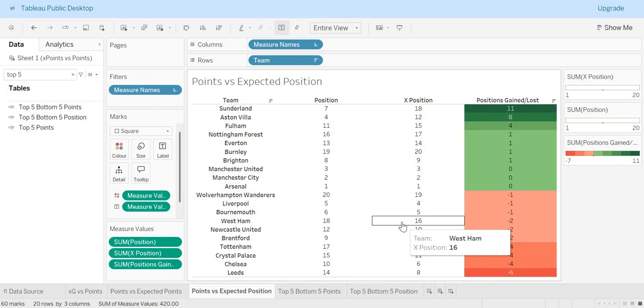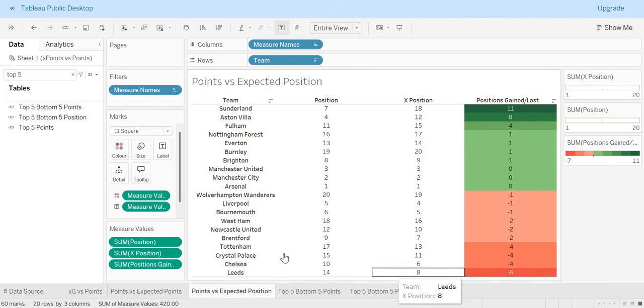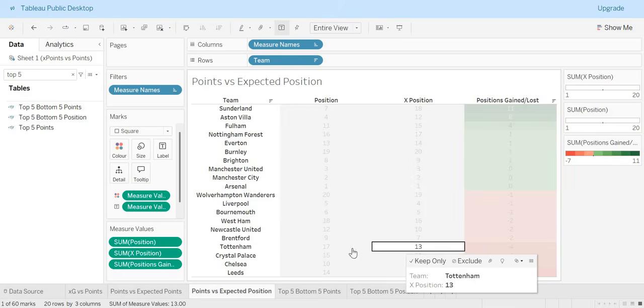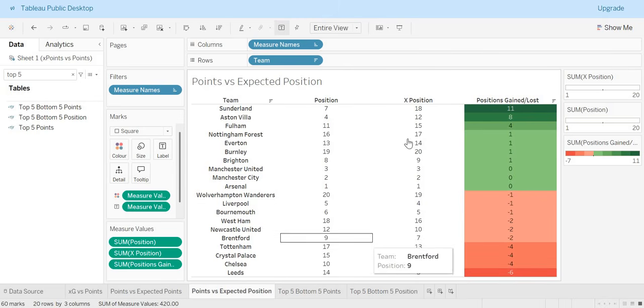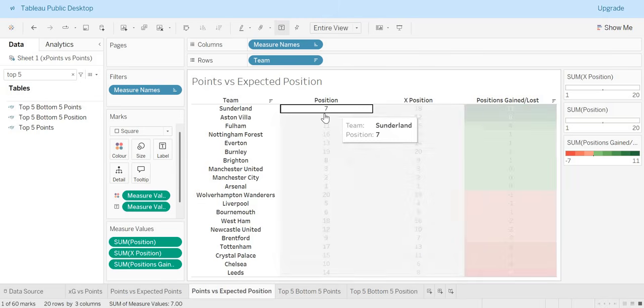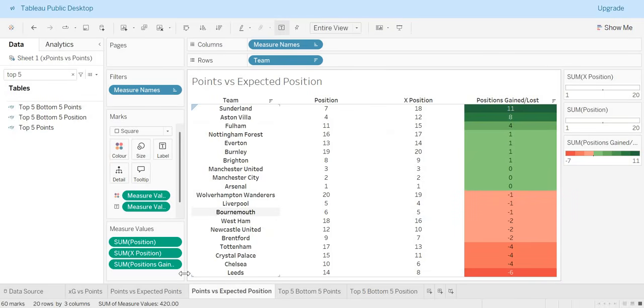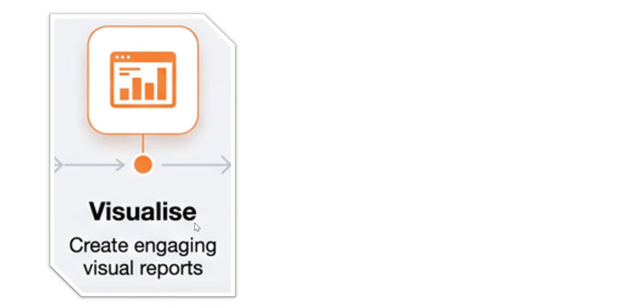So there you go. Tottenham was supposed to finish 13th and finished 17th. That gives us an indication, and this is where it's really important, because now we can build our dashboard. We're currently in the stage of visualizing and creating and engaging the report. But the next point, of course, is to look at the